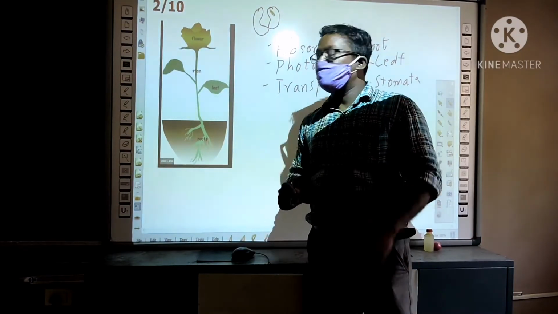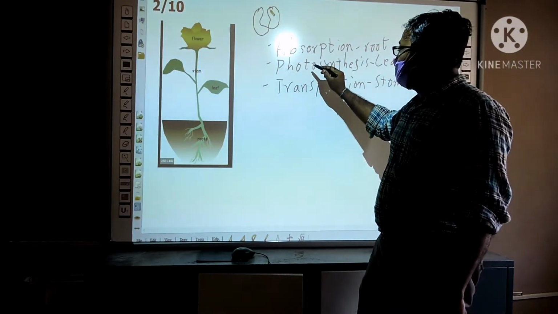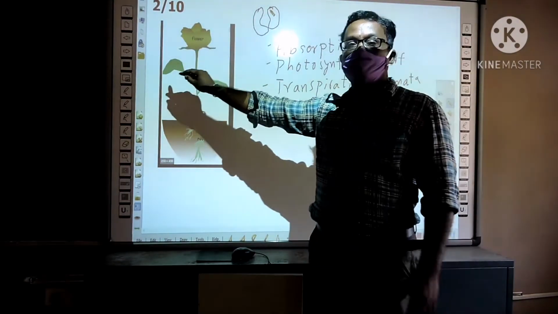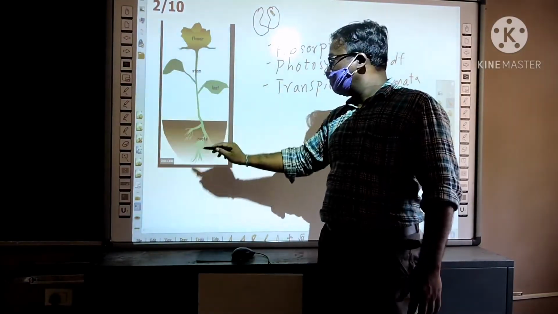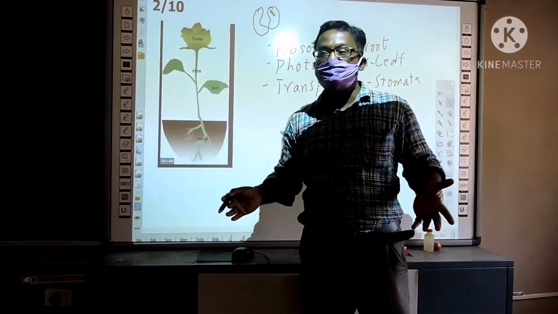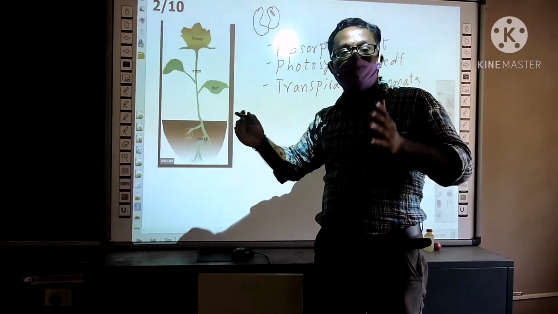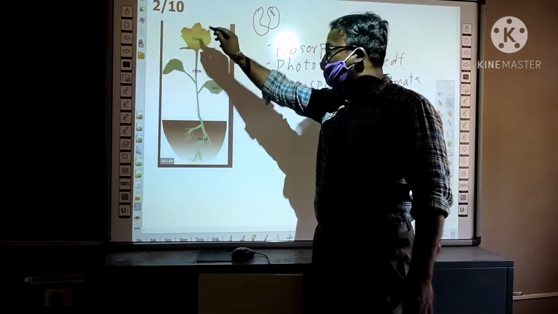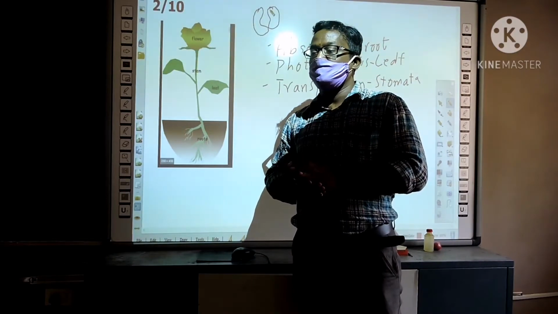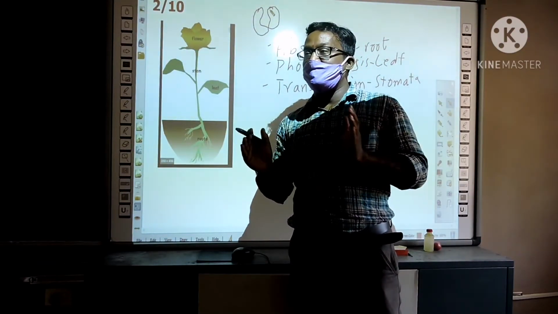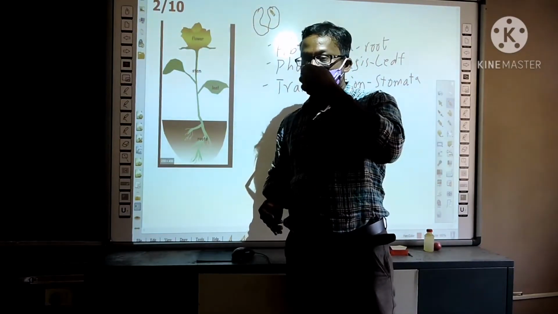So if you observe here, to perform various functions, there are various parts. Flower, reproduction. Leaves, photosynthesis, transpiration. Roots, absorption. So since there are different parts, the arrangement of cells is also different in these organisms. But let us do some activities to understand how the cells are arranged in different parts which perform different activities.